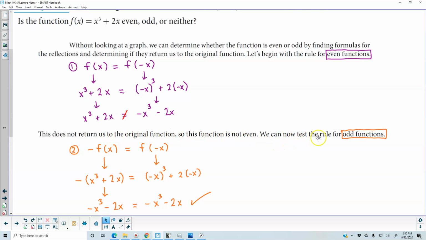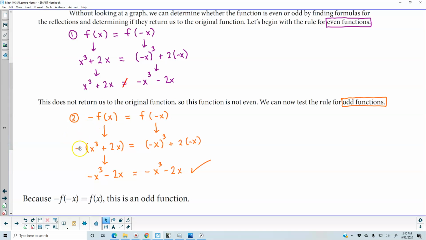Now we can test the rule for odd functions. For an odd function, the rule states that if we take a negative and apply it to the function, it has to equal f of negative x, where the negative is applied to the input. What does that mean? It means we take the negative and multiply it by the original function. So if we take a negative sign and multiply it by those two terms, we get negative x cubed